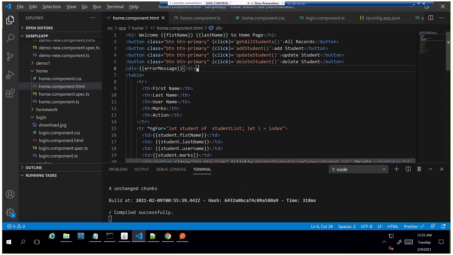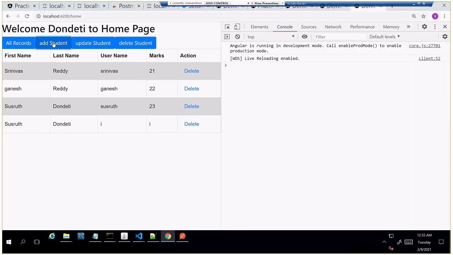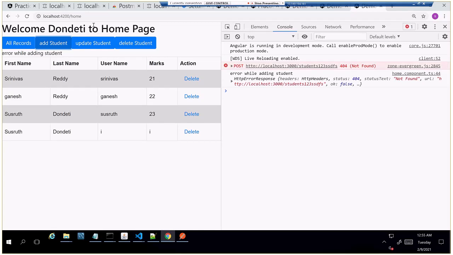Usually that error message should be on the top of the screen. It is like an alert kind of thing, and the user can close this and do the operations. Right? So maybe usual errors are always in the red color. So just put red in your div in the CSS to make it red color, and then print it out.